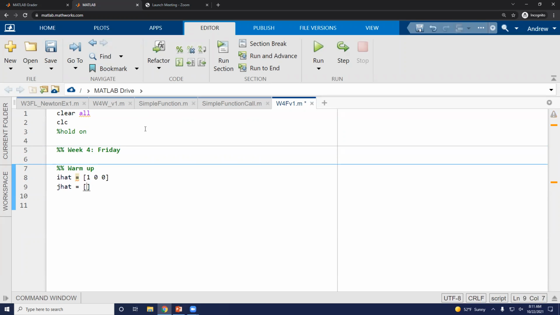And then J hat. Nice. So notice how I have these. Let's put this in a matrix form. So I'm just going to call this a matrix. And then if I have I hat in the first row, J hat in the second row, and K hat in the third row, and then if we run this,